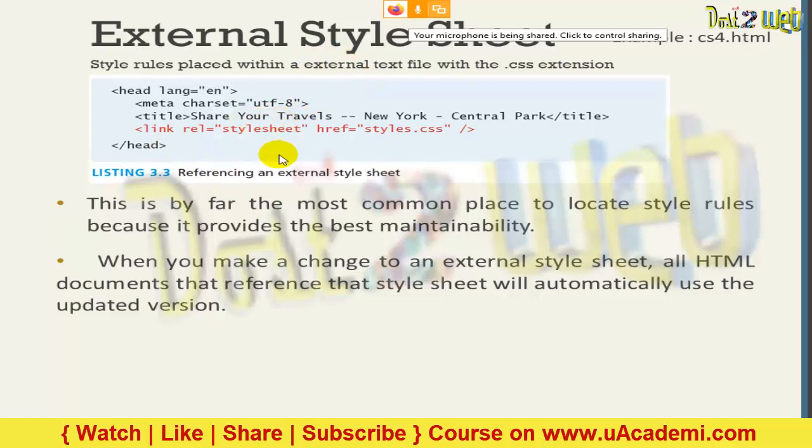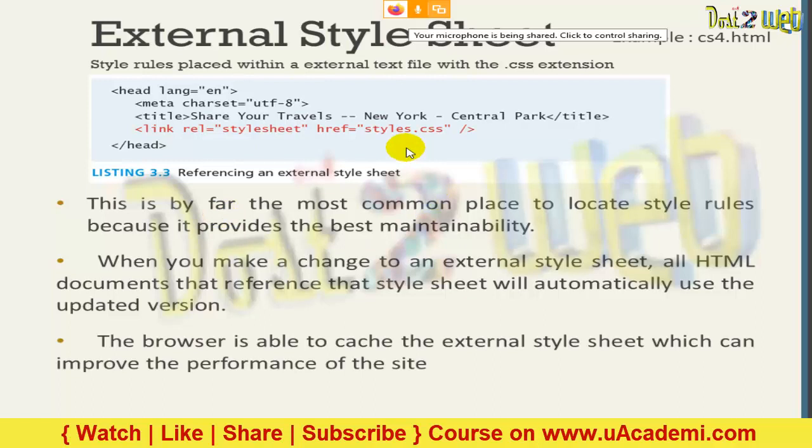If you follow the first method or second method, then you have to open all the 10 pages and change each one. Then it will take time, increasing the time, and it is discouraging for maintenance, right? So better you use one single CSS file, and when you change it in style.css, the font size will get changed on all 10 pages.